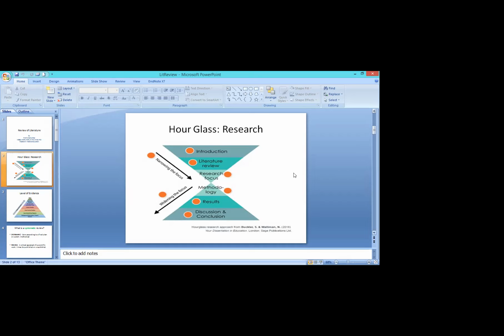After identification of your hook, you have to develop the rationale or justification of your research. If the justification is not there, then nobody is interested in your research. Believe it, it is not for yourself, it is for the contribution in your field, for the contribution to your profession. So if you are not able to justify your research, nobody is bothered to know more about your research.